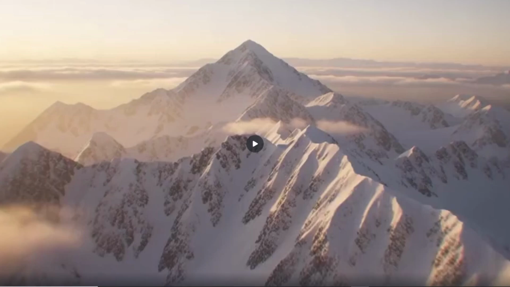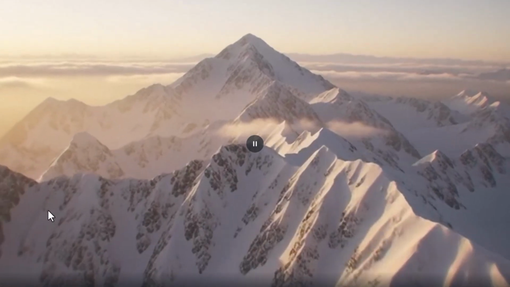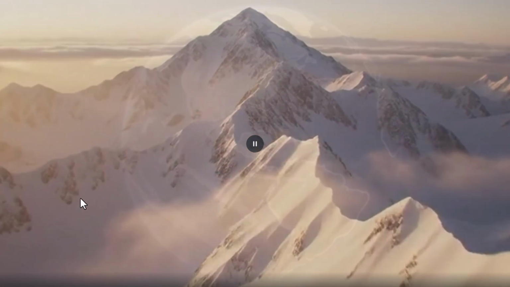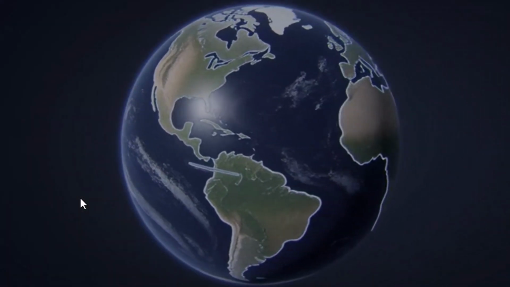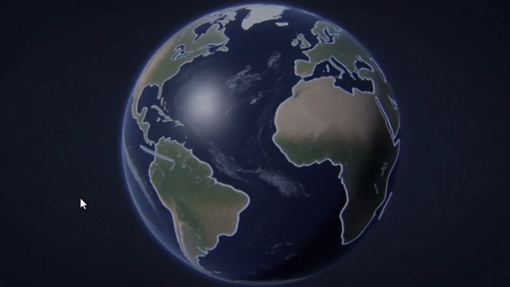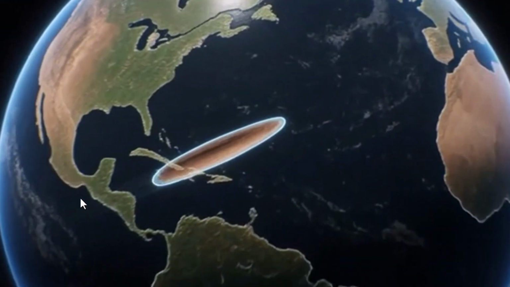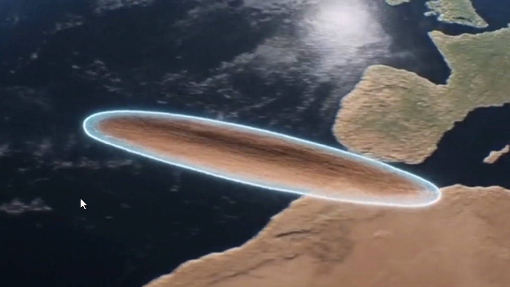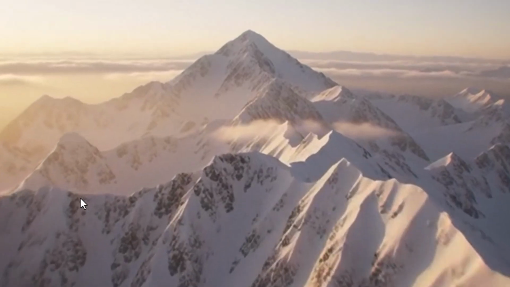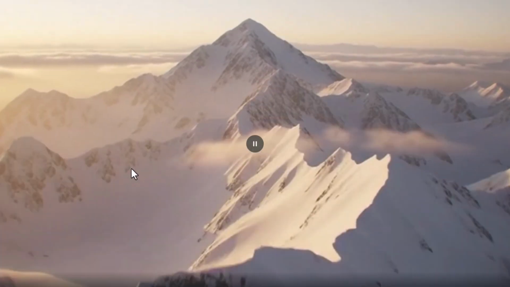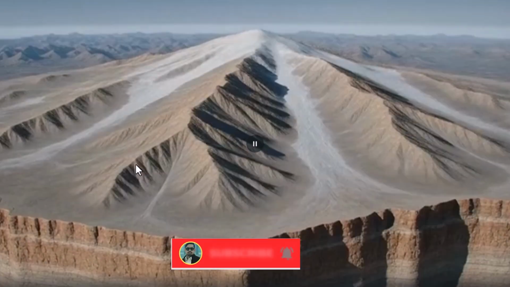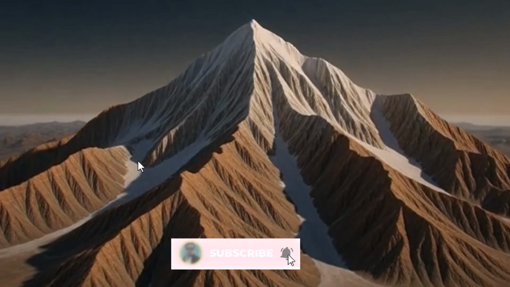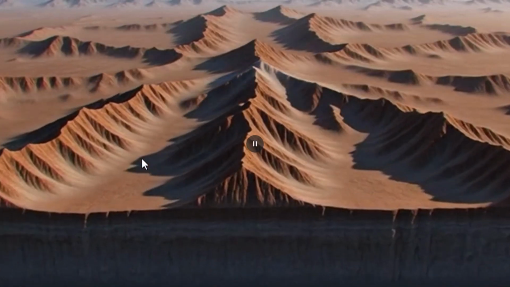Mount Everest, the highest point on Earth, stands as a symbol of nature's raw power. 200 million years ago, our planet looked very different. The land we now call India was once a drifting continent, slowly moving north across a vast ocean. About 50 million years ago, India collided with Asia. The impact was so powerful that neither landmass could sink, forcing the Earth's crust to rise instead.